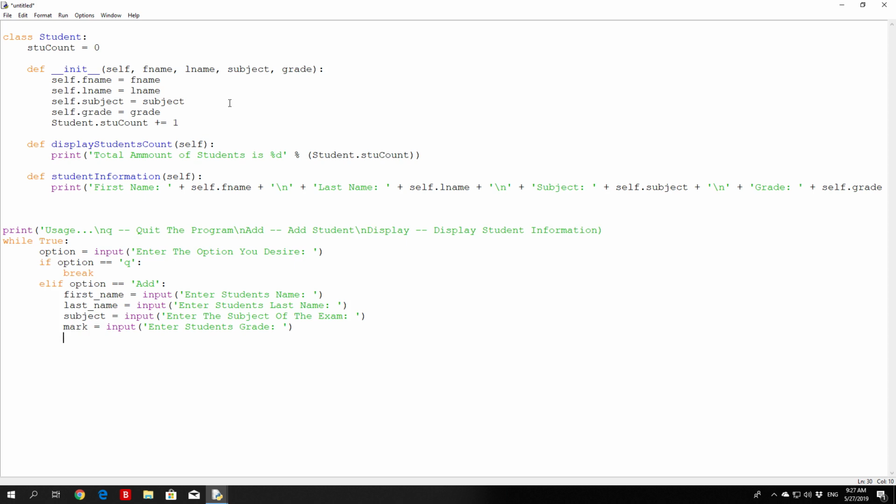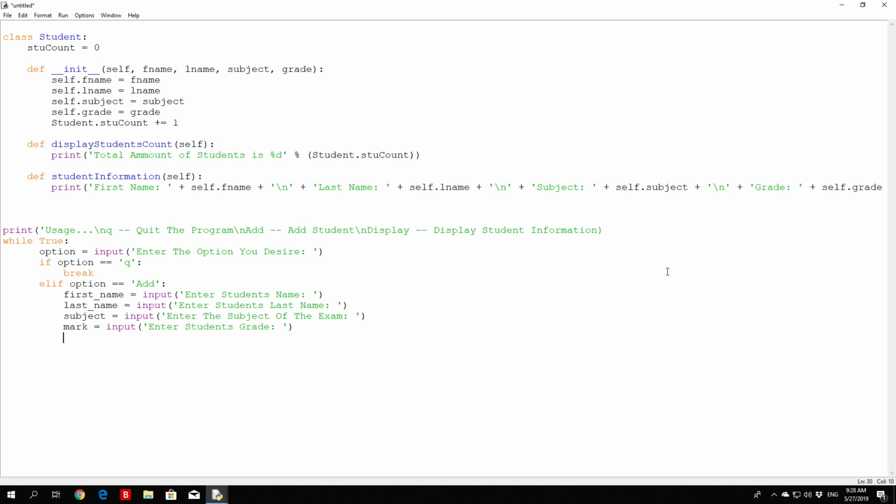So right here, what we can do is we can simply specify the count variable. Now the reason why we need the count variable is because if you remember, the way we added the employees in the previous class is something like this: emp1 equals, and then we type employee, and then in the brackets we specify the desired information for that employee. But right here, you will notice that this will not really work like that. The reason for that is because we're going to add multiple students right here, and we can't mark them all as the same value. Therefore, what we're going to do